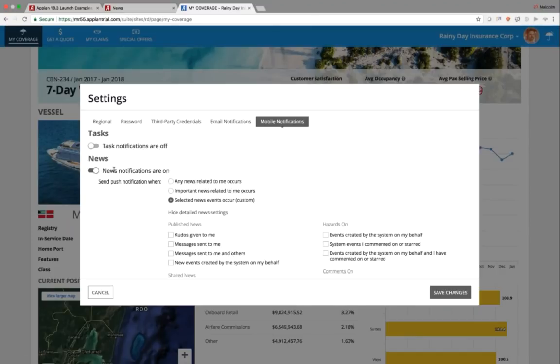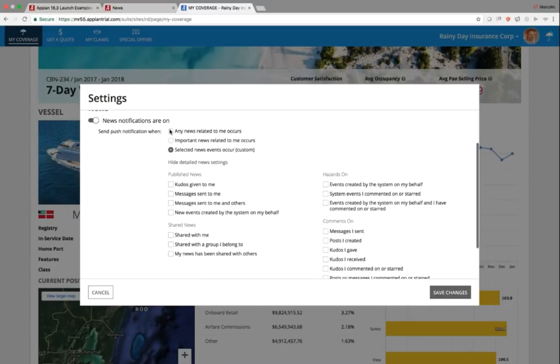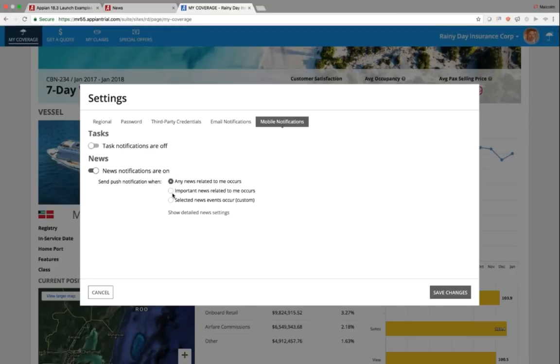So inside of here, I can simply enable that just like this. And of course, I can enable any news-related items that occur to me, go ahead and check everything, or maybe I just want important news or selected news. Going to configure some pre-configured sub-elements by choosing these high-level categories. Make it very simple. If I want to hide those details, I can just hide the details and choose the